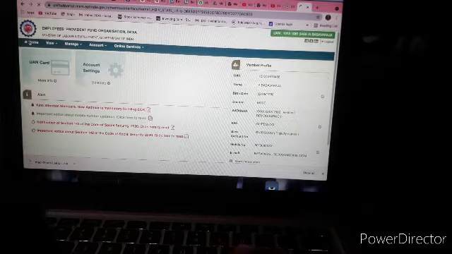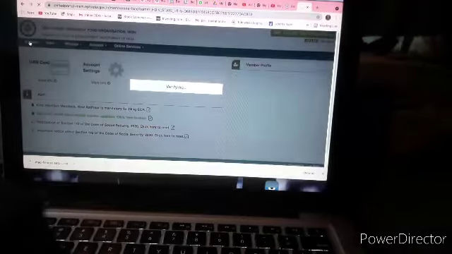Here, this is your home page. Friends, I will explain all these things, what are the things you can have. First, the home page, I am going to explain to you. This is your verification. It was taken. This is the home page, friends. This is your UAN number, name, date of birth, Aadhaar number, bank account, and all.